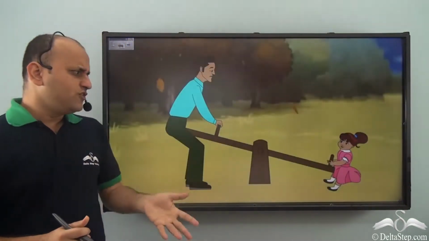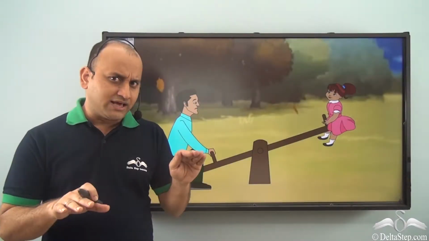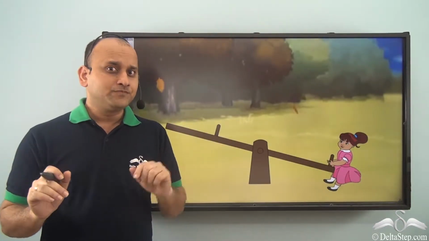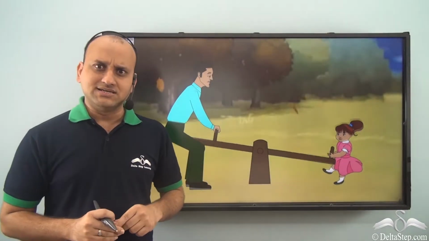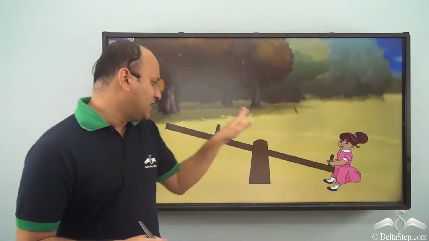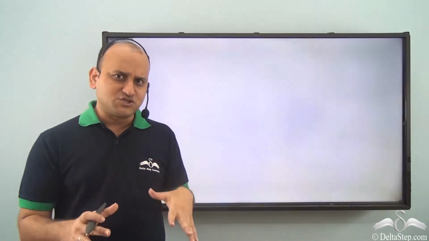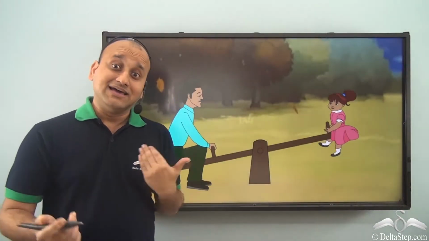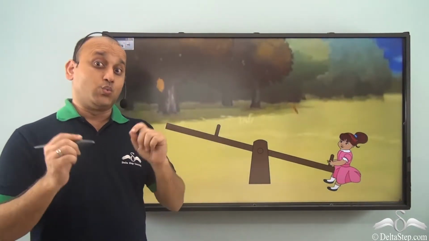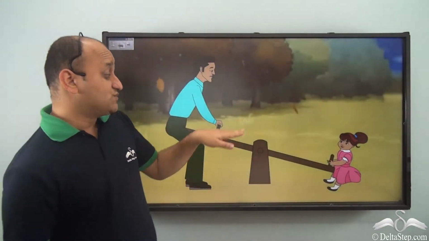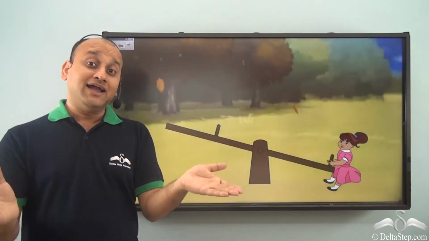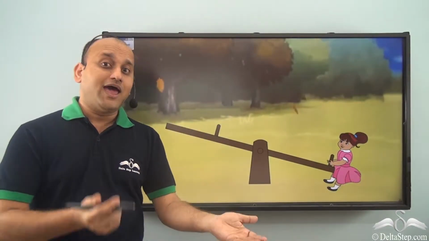So if you want to compare two different things, and you want to know which is heavier and which is lighter, then we can use a seesaw, isn't it? But again, you cannot place everything on a seesaw. It doesn't have that much space, or it is not designed in such a way. So we have a different device which has been made and which is very similar to a seesaw, and it compares two things and lets you know which is heavier and which is lighter.